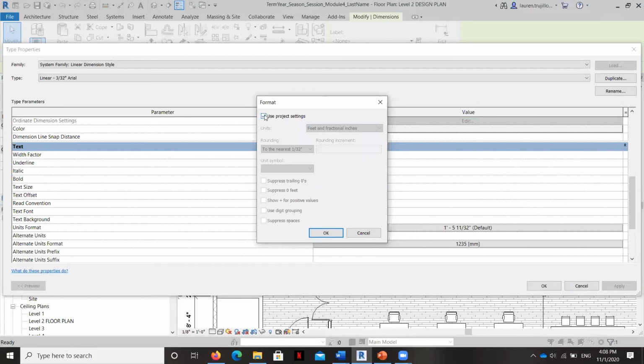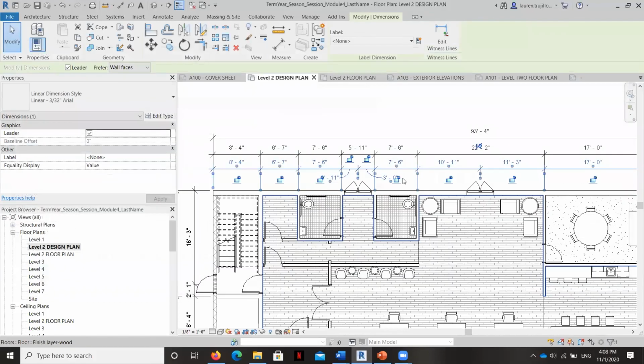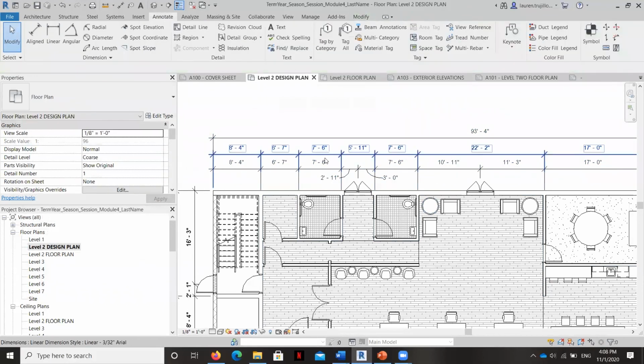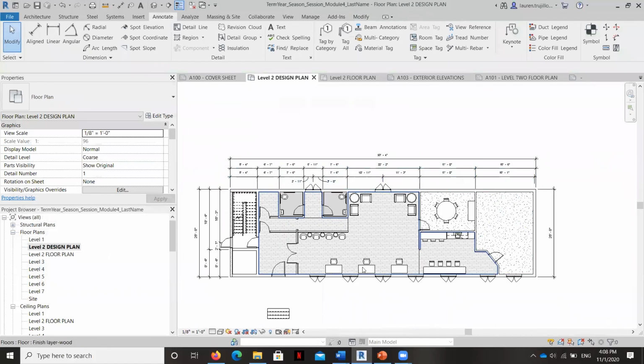So I'm going to uncheck this box for use project settings, and I'm going to round things to the nearest inch. And I'm going to hit apply and OK. And then now you can see that there's no fractions in our measurements. And so again, it just looks a lot cleaner, and fractions are not necessary with the large scale of this plan. Now, down the road, we may dimension, you know, for example, if we were going to create